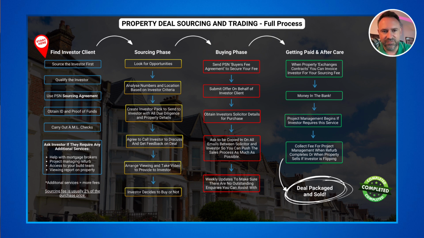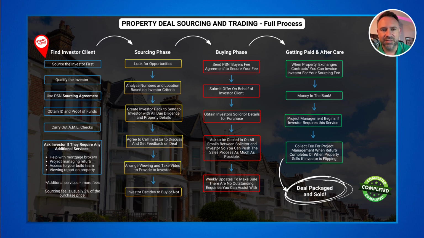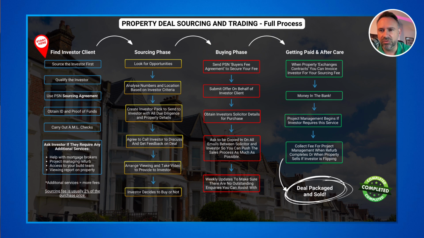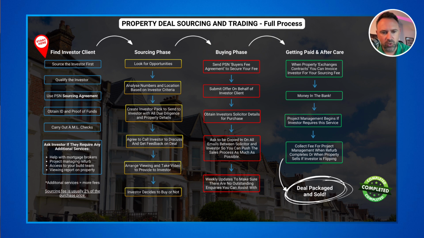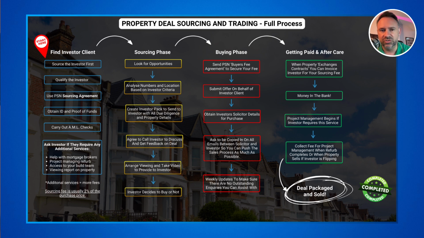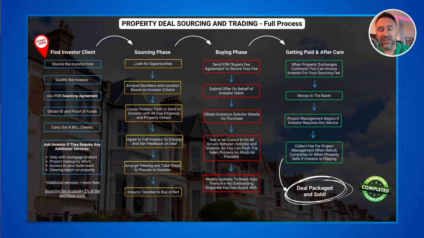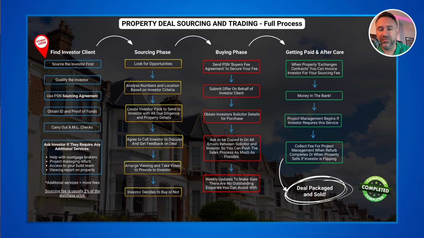So we're going to find the investor first, then we're going to qualify the investor, and we do that by sending them the sourcing agreement that you have access to on the property deal sourcing course. You're going to send a sourcing agreement, and when you get that back, what you are going to have at that point is all criteria. So everything that investor is looking for is going to be in there because they will have answered all the questions within the sourcing agreement. Essentially, that does qualify the investor. You find out what they're looking for, what location, what budget they're working with, how they're going to fund the purchase,